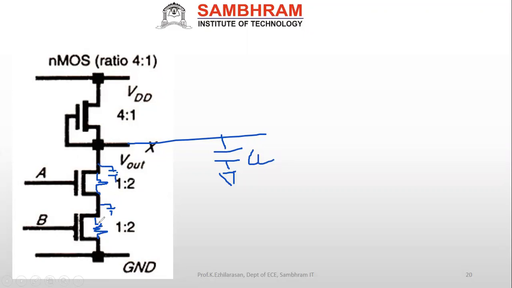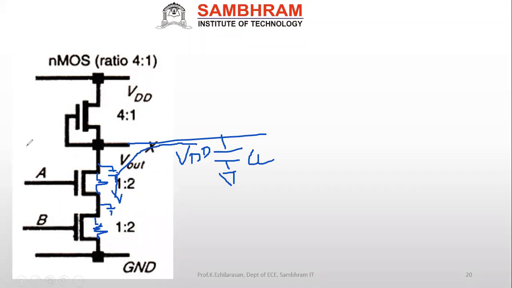So now what will happen in this? If any one transistor gets off, what will happen? It tries to discharge. The amount of voltage in the capacitor will not be full. It cannot be VDD. Why? Because this transistor is on, this transistor is off. If only this is on, it will try to discharge actually. Correct?